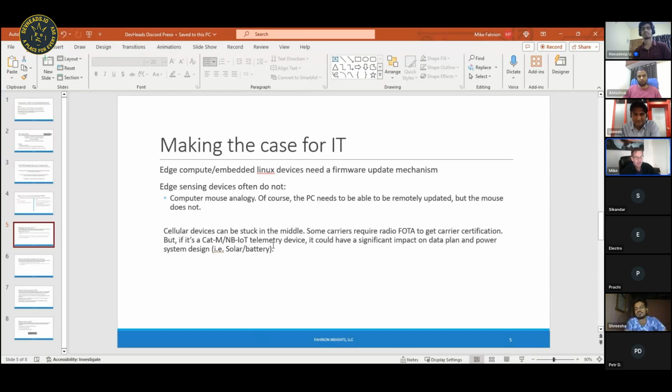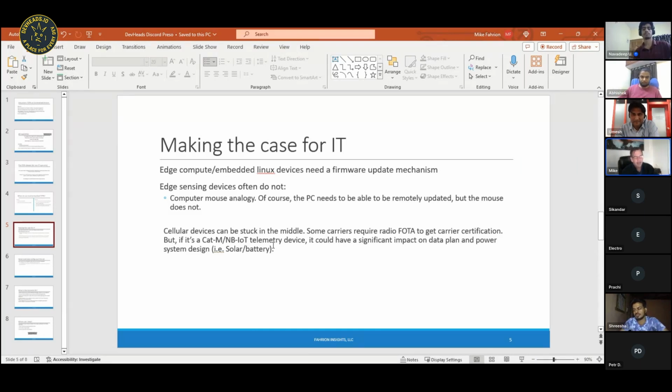But now you have to design for a use case of, hey, I'm going to do a firmware update over the air, and that might be a 12 megabyte file going into this thing. And it's not necessarily your firmware. It could very likely be the module firmware of the u-blox module or the Telit module or Quectel module you have in that thing. Now, a lot of the carriers, especially here in the US, to get carrier certification, a lot of them will require that your device does support that firmware over the air for the cellular radio module,